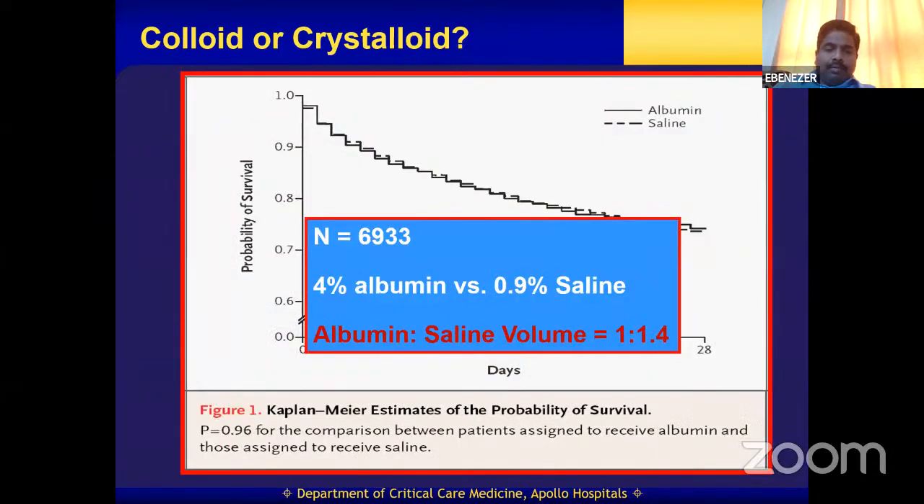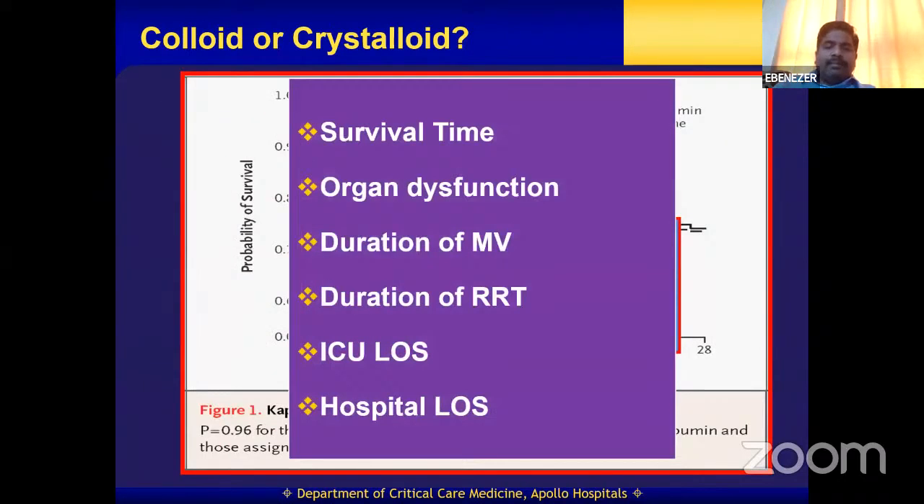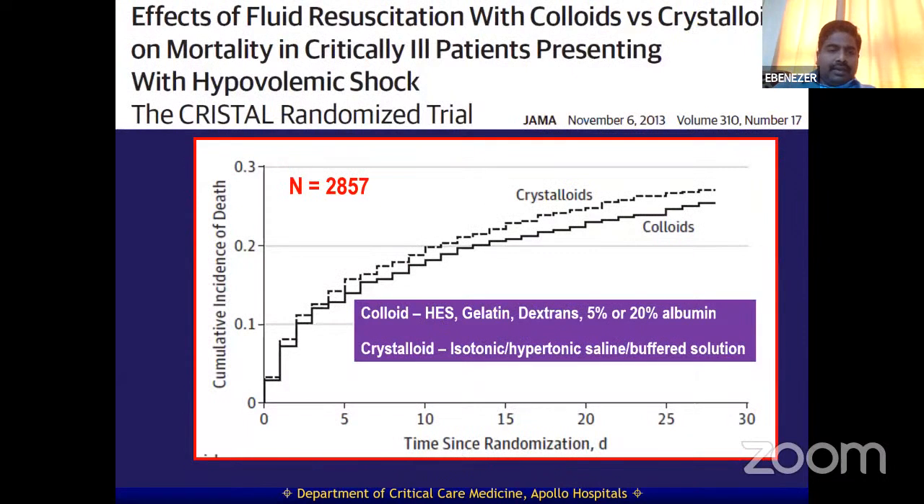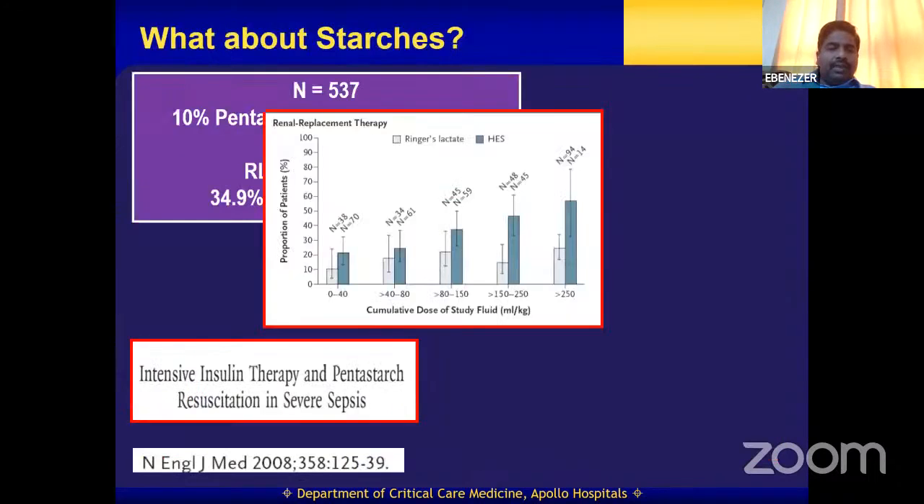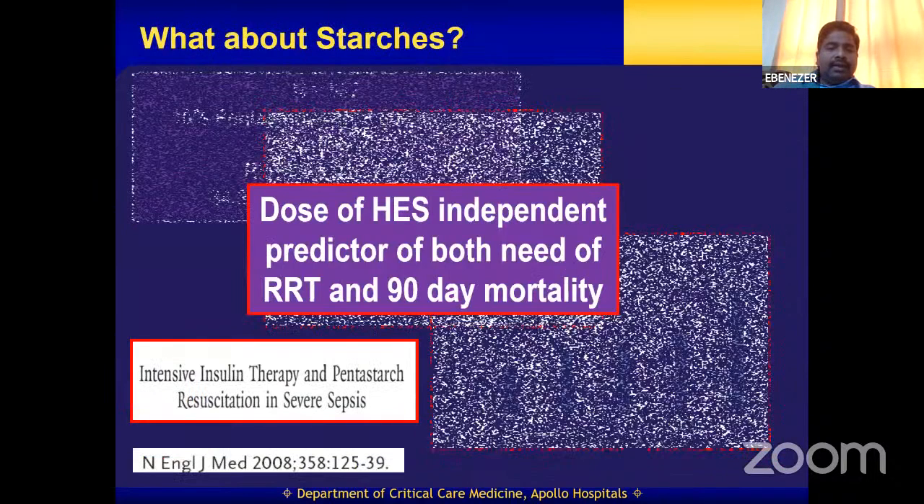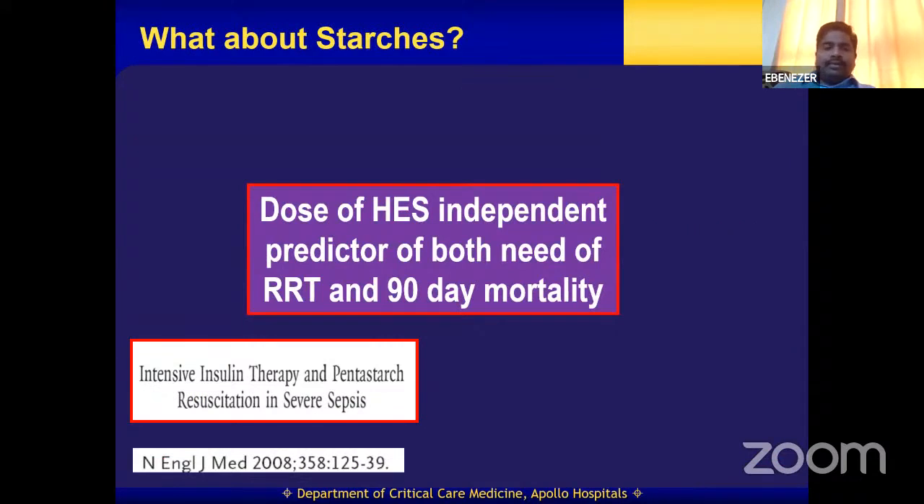This is a safe study which was done previously. They compared albumin versus saline volume. They compared survival time, organ dysfunction, duration of mechanical ventilation, duration of renal replacement therapy, ICU length of stay, and hospital length of stay. And even the CRISTAL randomized trial studied the mortality in critically ill patients presenting with hypovolemic shock, colloid or crystalloid. And what they found out was